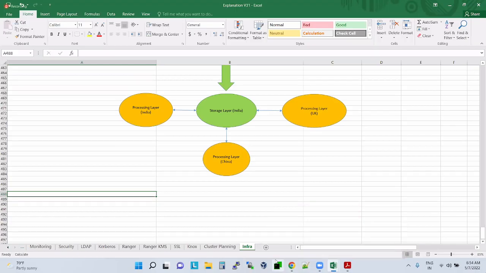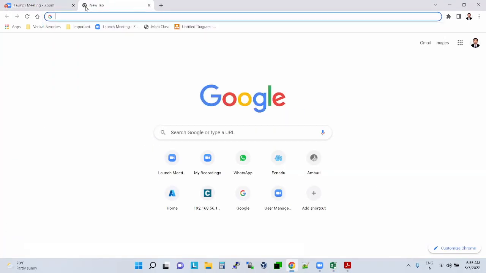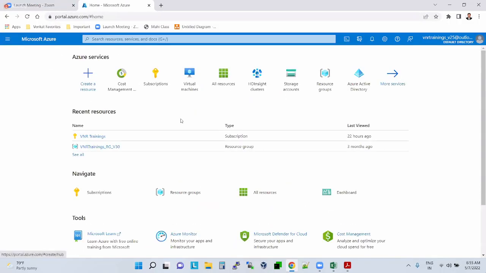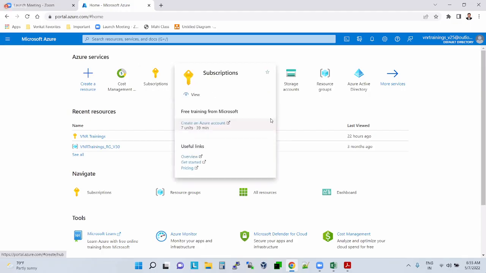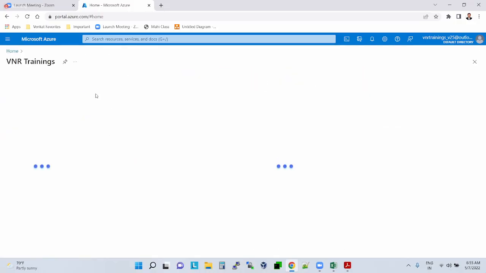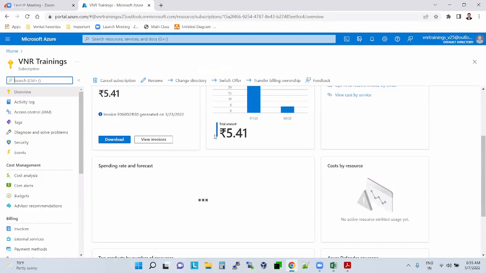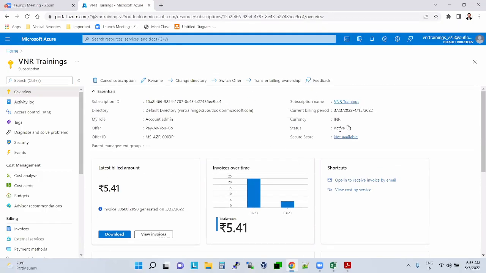Then we thought to see how to create a cluster in Azure portal, but the subscription was deactivated. After making that payment, it looks like it was an issue with my credit card only. They have changed some rules in the credit card, so automatic payment did not happen. Later I removed that card, added a new card and made the payment, and it got activated immediately. If you see here, the subscription says it is activated. Status is active now.